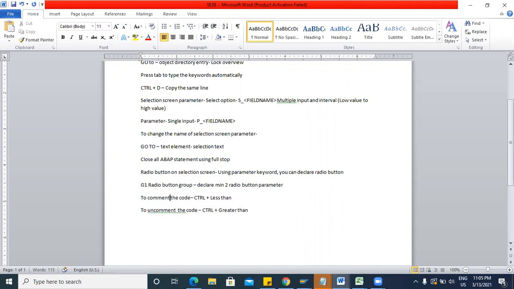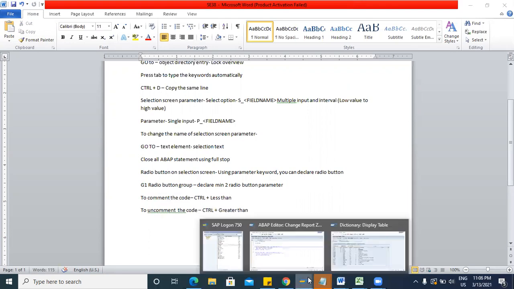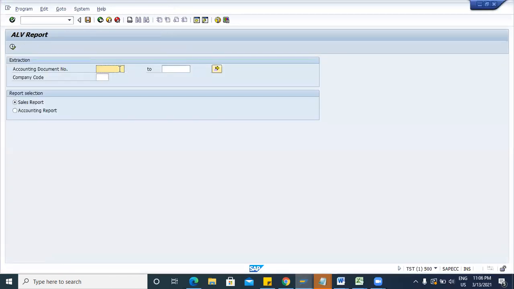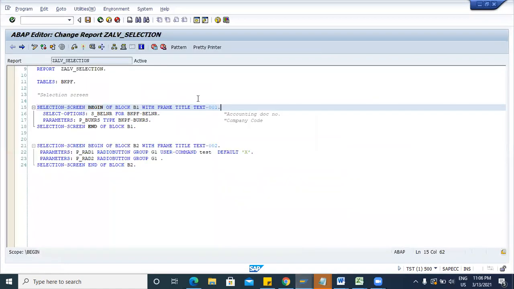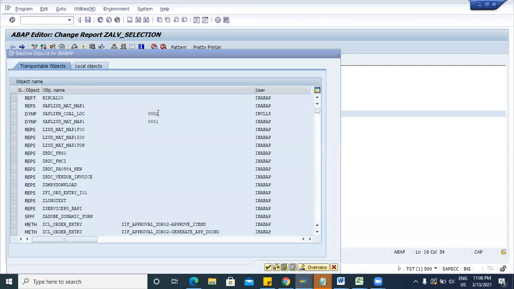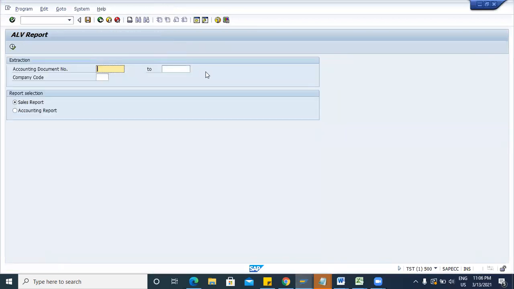Okay, now the next point: if you want to hide this button, the extension, we will write no extension. Now let me show you. Activate, no extension, so that button is disabled now.